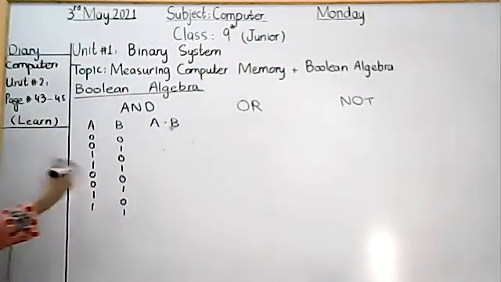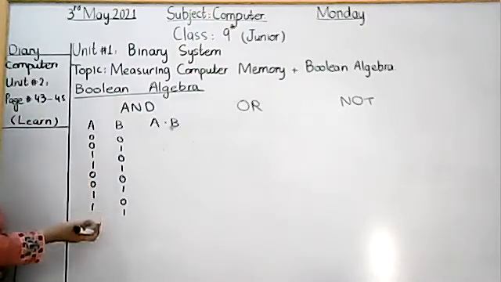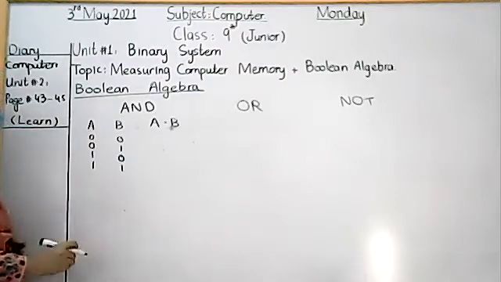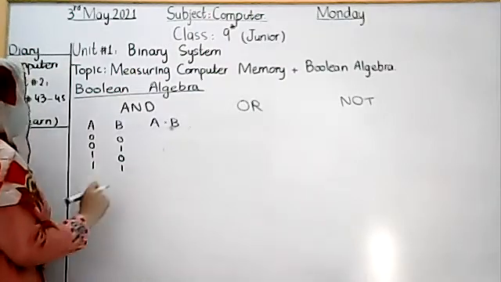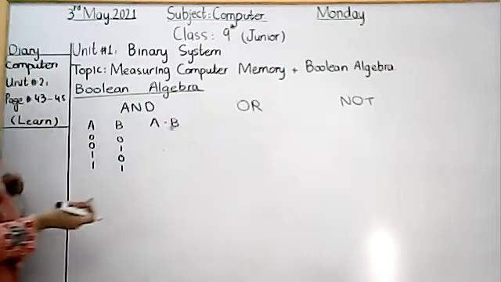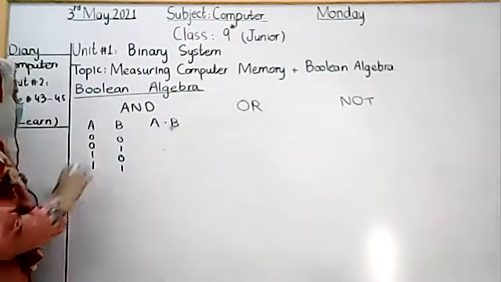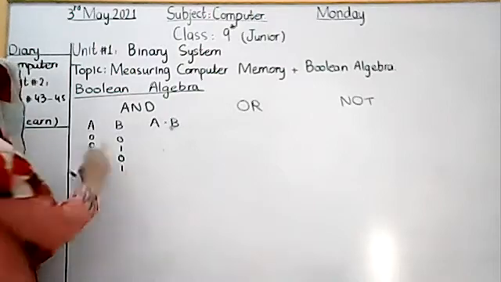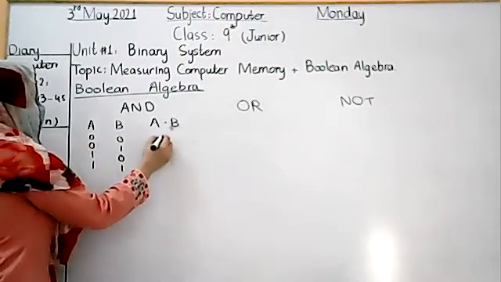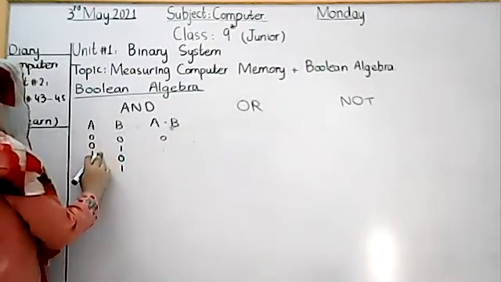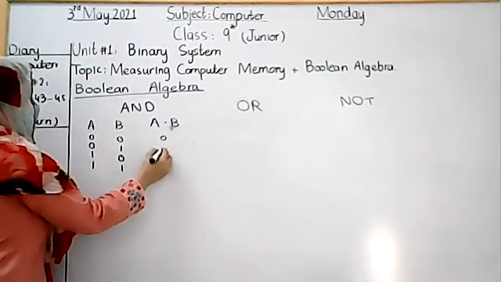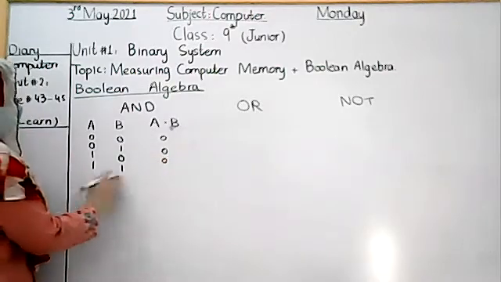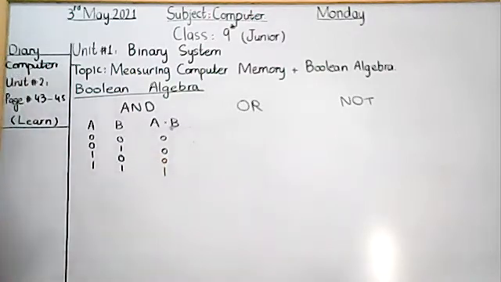Okay, we can go for the 4 values or we can go for the 8 values as well. Okay, so first of all, we will go for the 4 values. So how can we make a truth table for A and B, means A AND B? It will provide the answer 0, again 0, again 0, and it will provide the answer 1 if both of the values are 1.